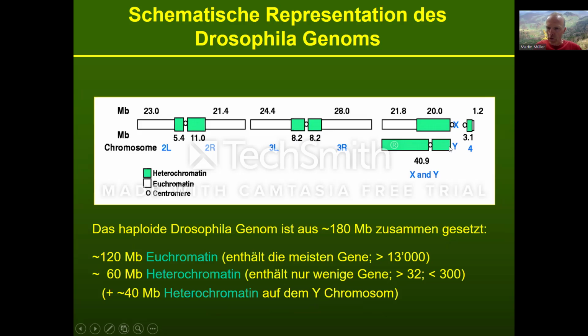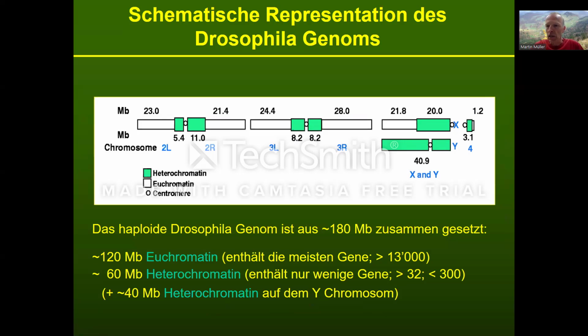The Y chromosome, for example, here is almost completely heterochromatic. It contains only a few genes. Since the male is XY, why should it have a chromosome which is essentially only heterochromatic? It contains a few genes. They are required for male fertility. Drosophila males which have no Y chromosomes are viable, but they are sterile because they lack the genes which encode